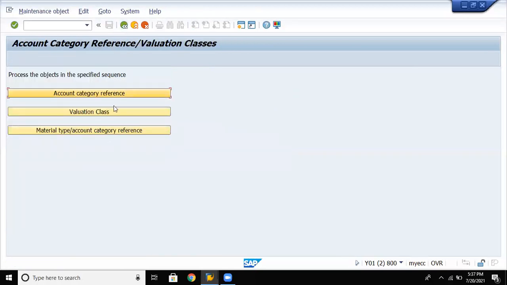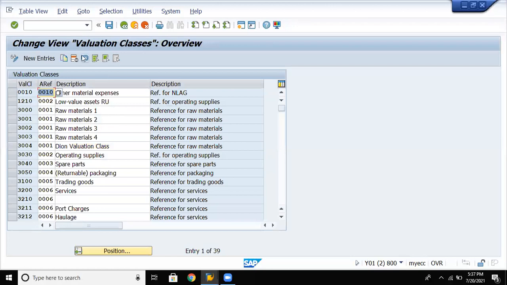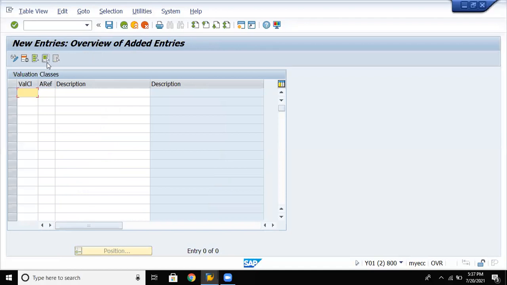Click on valuation class. So in valuation class, we maintain what that particular valuation is. New entries. So give your valuation class integrated with your account category group, description, valuation class, enter.